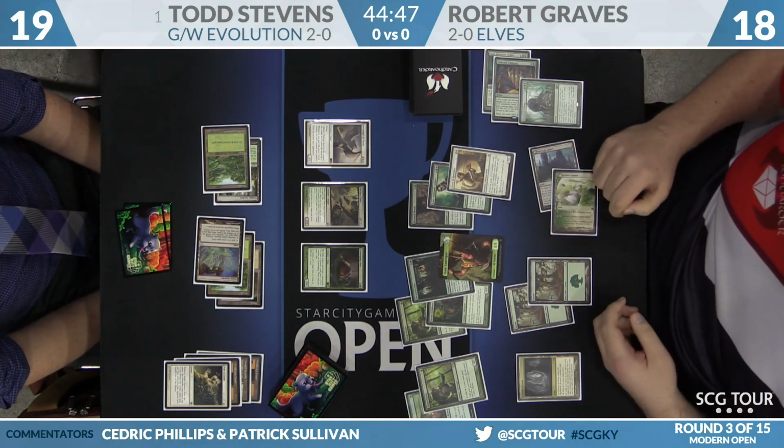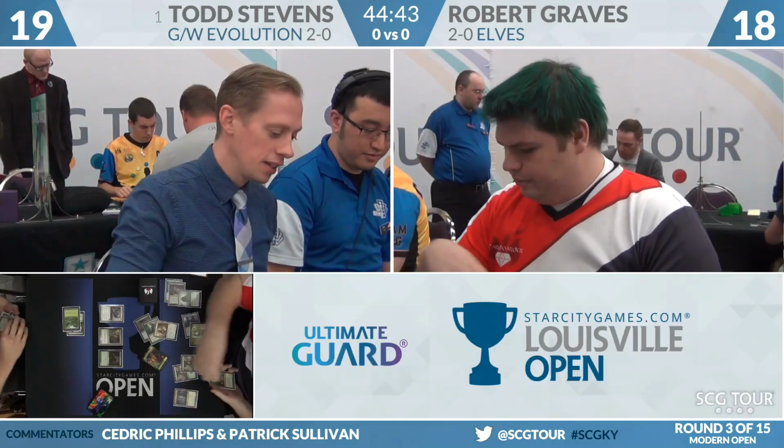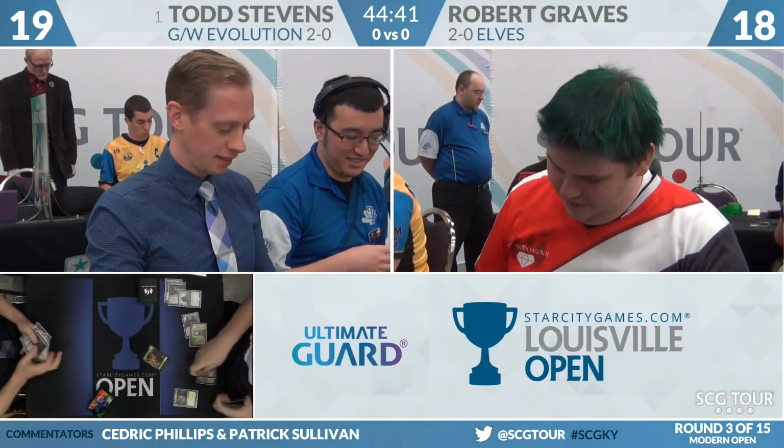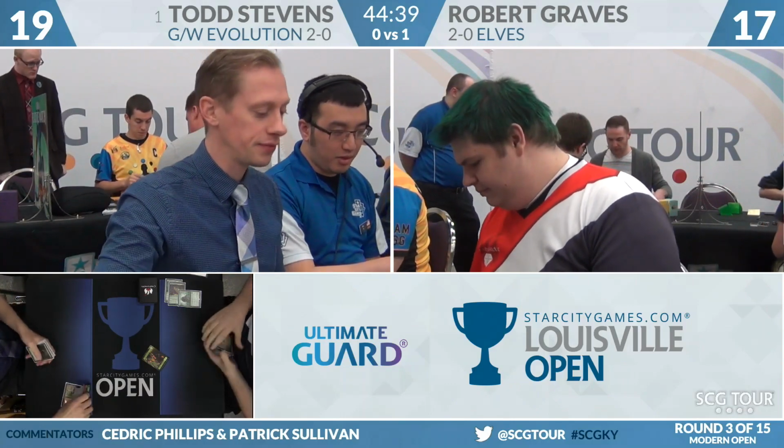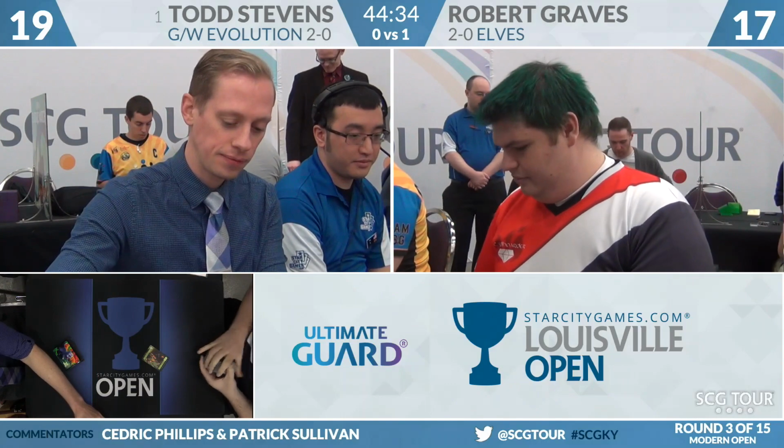There's the white mana that was missing. So here's Vizier of Remedies. Make infinite green mana, give all your creatures +3/+3, and trample as many times as you'd like, and that makes things very easy. As Robert Graves is going to win game number 1 here over Todd Stevens,